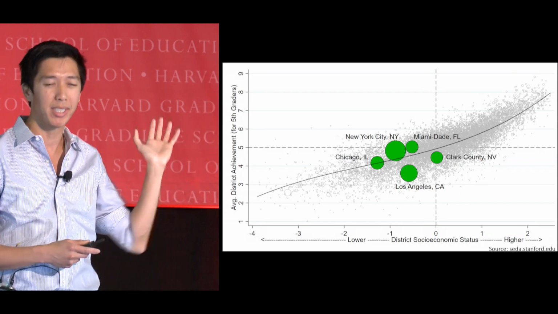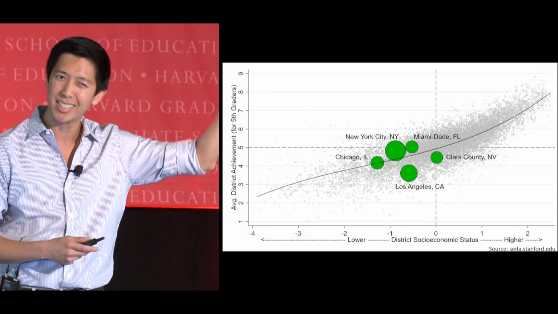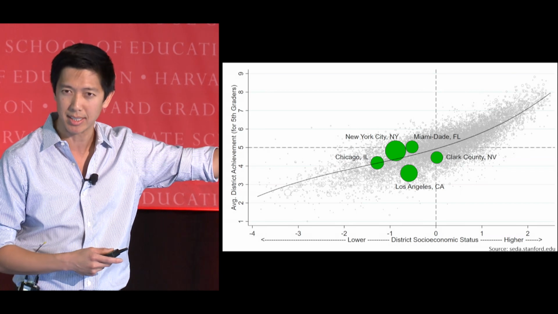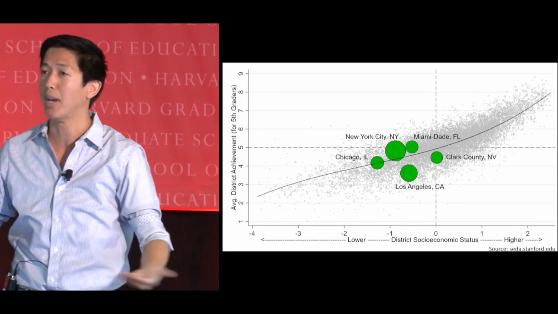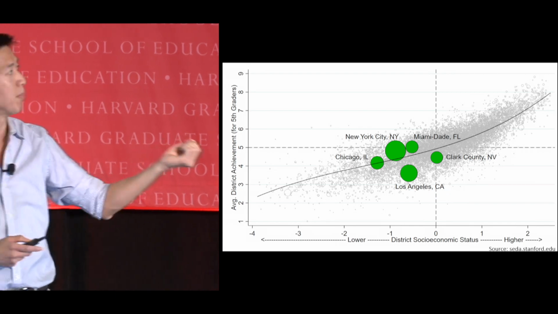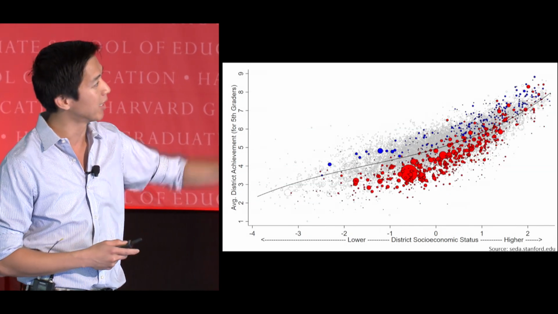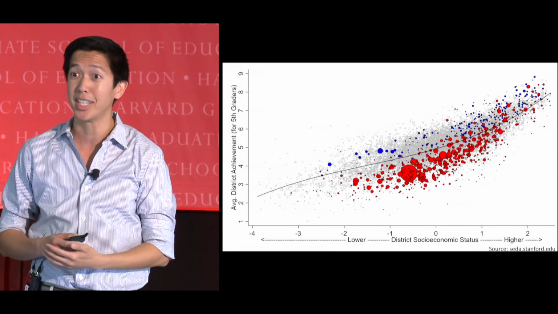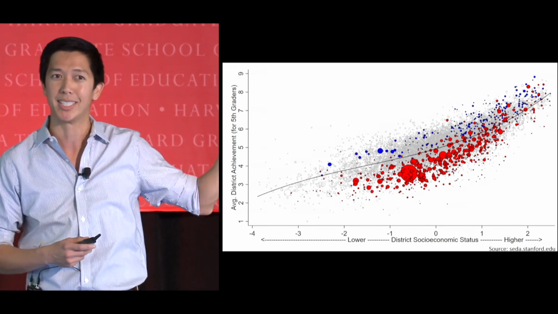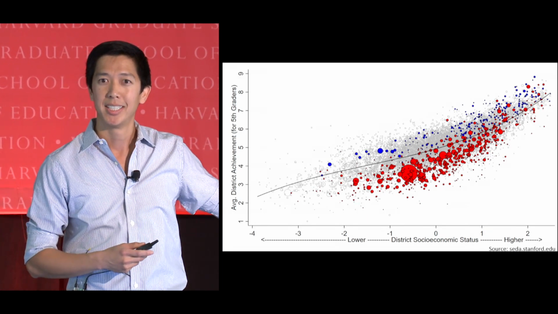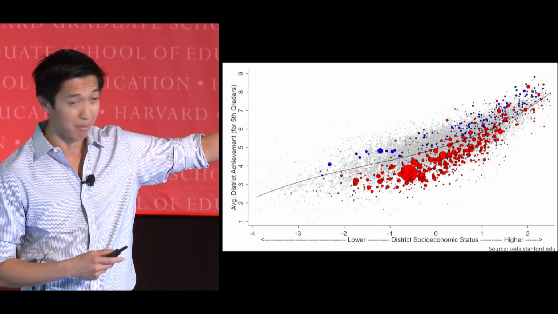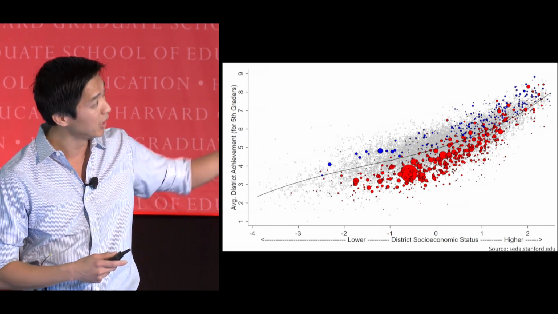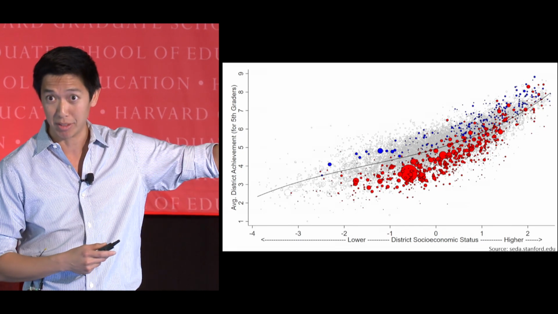Right? So even though you think, oh yeah, SES is destiny, actually still in any of these vertical slices, you can see that some districts are performing better than others, and it makes you ask why. Right? Now let's look deeper. Let's look at a couple of states. Here is a red state, and here is a blue state. What's that red state? You can see that big district down there. Red state, so that's LA in the bottom, in that big red circle. So that's California that you're seeing in red.